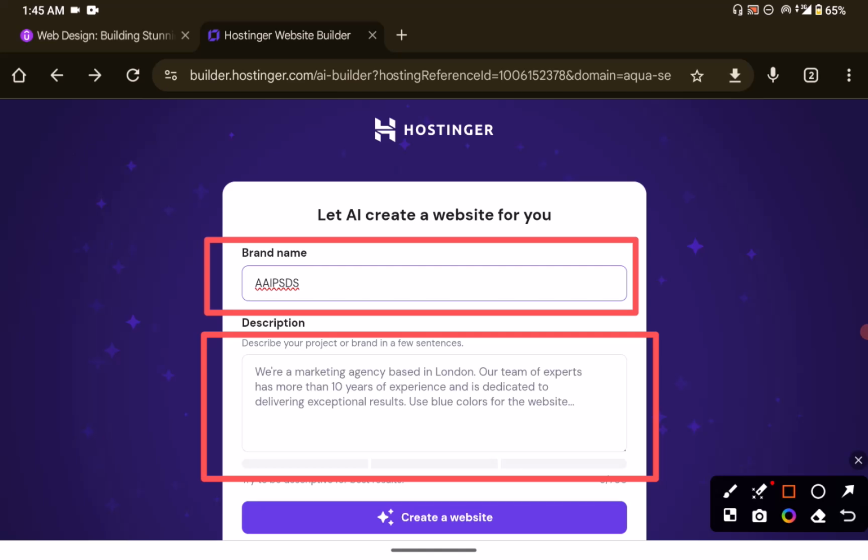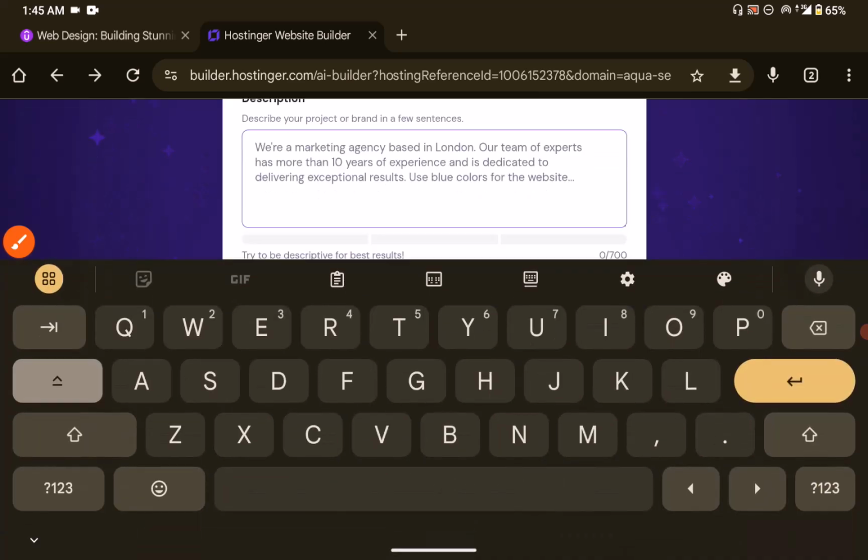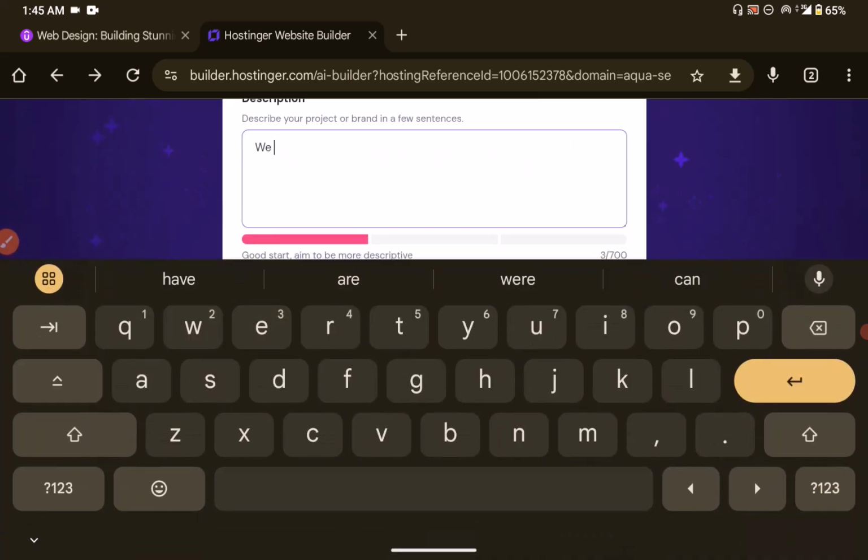And this is what really matters. You need to know how to prompt for your website creation. So I want to try to create a description for this. So let's create a description right now. So your writing skill comes into play right now. So I would say we are a peace institute. It's just like I'm bidding for a client right now. We're a peace institute, and our institution is about peace building